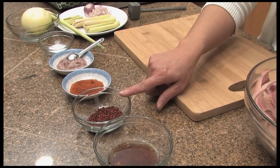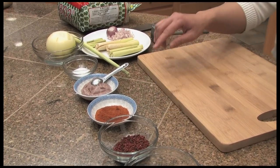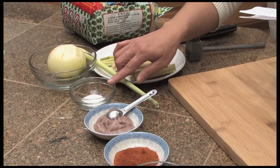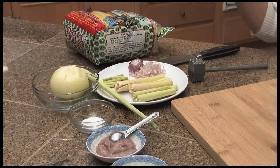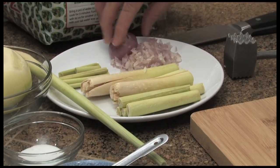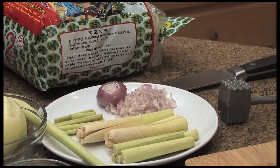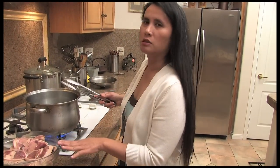2 tablespoons annatto seed, chili powder, 3 tablespoons, shrimp paste, 2 tablespoons, 1 tablespoon of sugar, 1 whole medium onion, 3 stalks of lemongrass, 3 shallots, also equivalent to 3 tablespoons, and your rice noodles. Now I'm going to put my meat into my stock pot, which is 3 quarts of